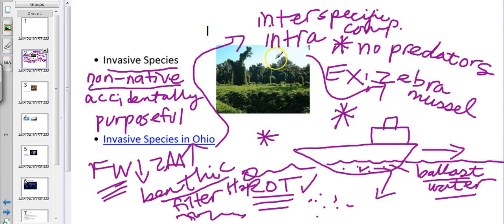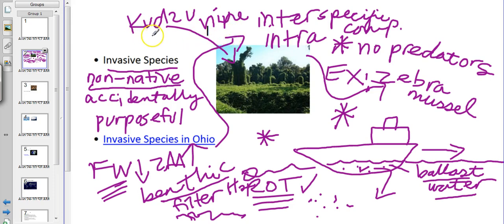The picture here that you see is actually a type of vine called the kudzu vine. Kudzu. And the kudzu vine was purposefully introduced in the southeastern United States to control beach erosion. The kudzu vine grows up to 1 foot a day under ideal conditions. So that's pretty much the length of a ruler. That's how much it'll grow in length every single day if it has all of what it needs in ideal